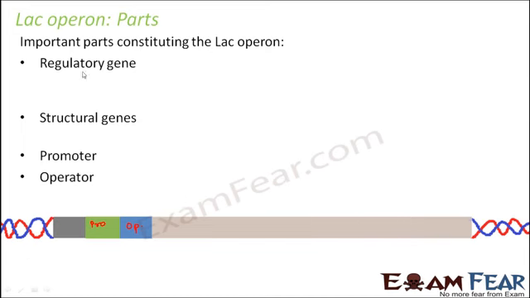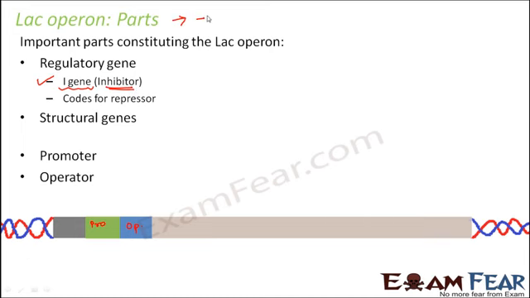So in structural genes, what do we have? We will talk about that. So let us start from the beginning. Let's start with the regulatory gene, because regulatory genes are the ones which actually produce the regulators. The regulatory gene which produces the regulatory proteins here, or the repressors, is the I gene, which is often written as i gene, and I stands for inhibitor. So I think you got an idea about what kind of regulation it is going to be.